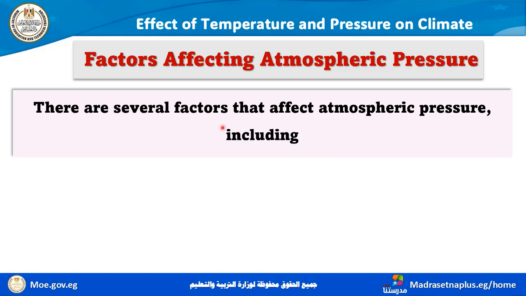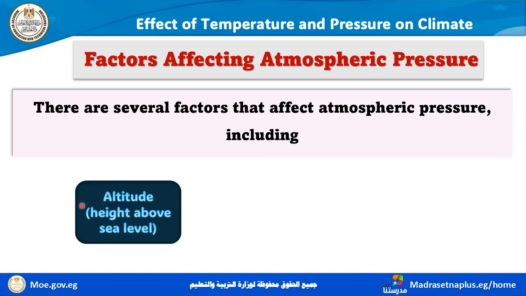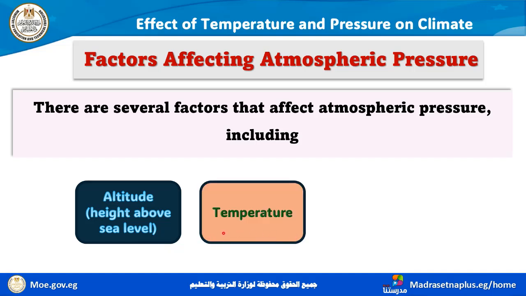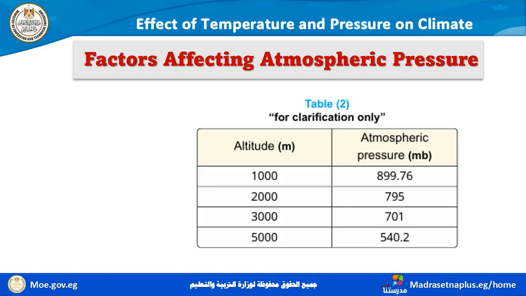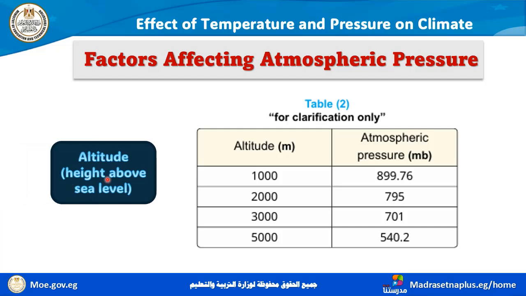There are several factors that affect the atmospheric pressure, including the altitude, which means the height above sea level, the temperature, this is the second factor, and the humidity. So there are three factors affecting the atmospheric pressure. These factors are the altitude, the temperature, and the humidity. At first, we will discuss the first factor affecting the atmospheric pressure, which is the altitude or the height